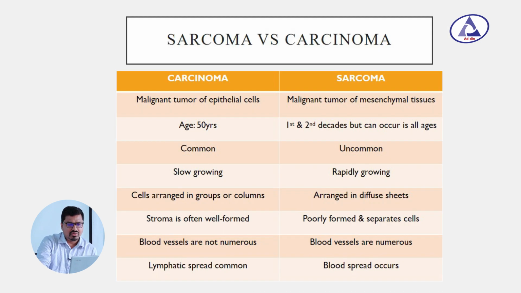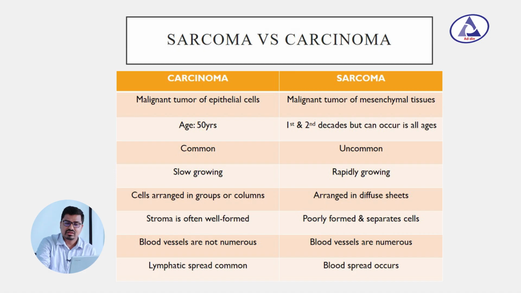Now, I am showing you the difference between sarcoma and carcinoma. Carcinoma, a malignant tumor of epithelial cells, age involved around 50 years. Carcinoma is common. It is a slow growing tumor, cells arranged in groups or columns. Stroma is often well formed, blood vessels are not numerous. Lymphatic spread is common. In case of carcinoma, lymphatic spread is common, but in case of sarcoma, blood spread occurs